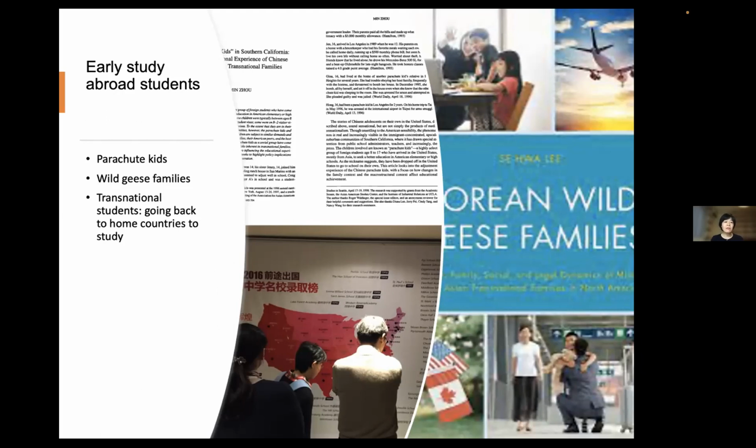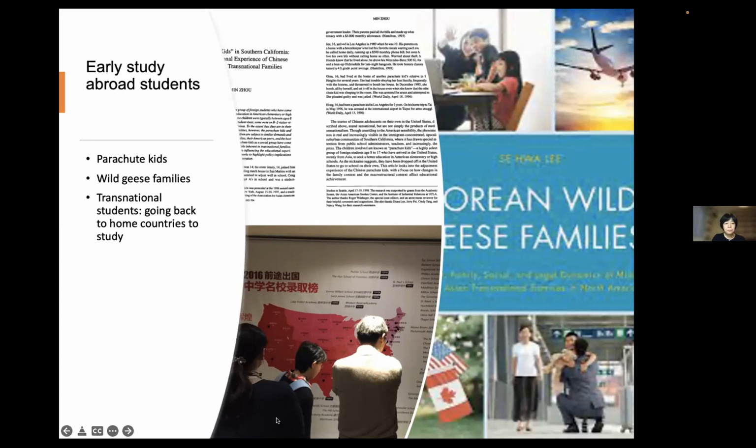So we see a lot of these kinds of international education that are not the typical kind of international education we consider. But this trend is persistent, with a globalizing tendency, and especially before COVID, this was